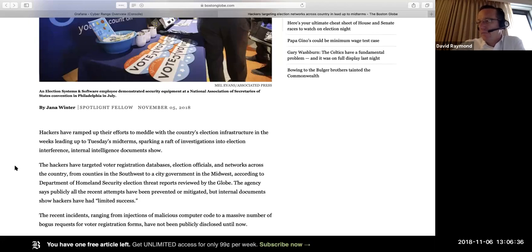If they can do malicious things to our voting systems, then people lose trust in that whole process, and that's bad for the U.S.